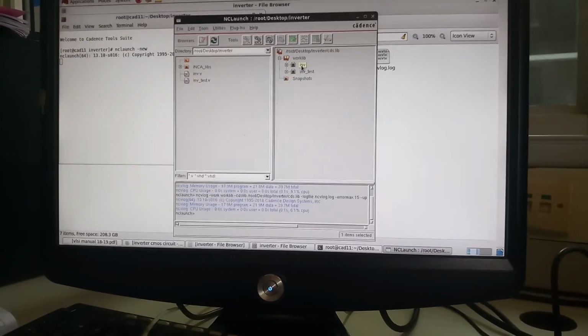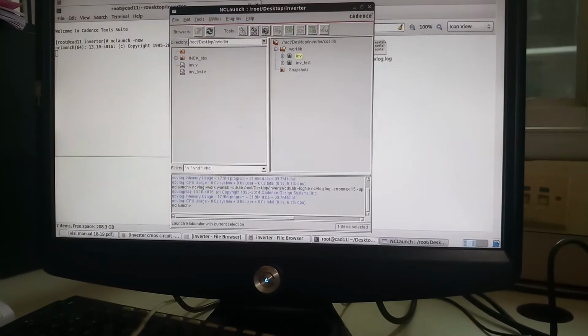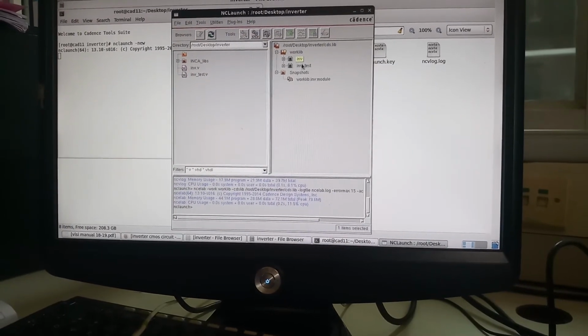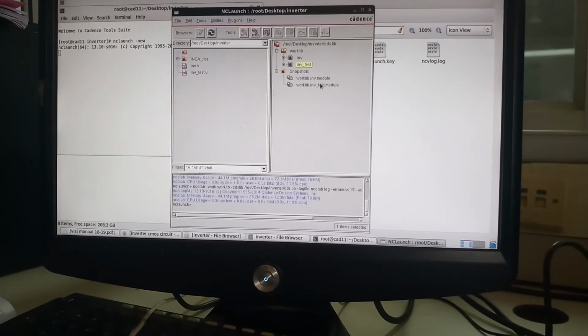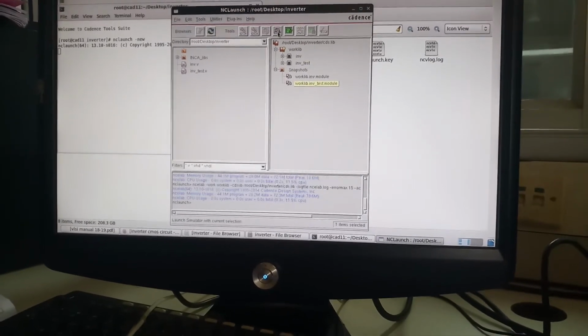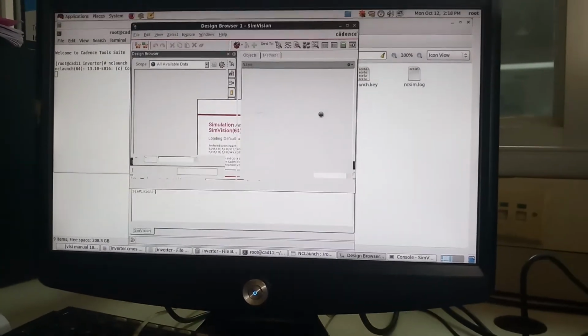Now select this. Now you have to elaborate. Now you can see snapshot, there is no snapshot, it will generate. So here don't click generate. Next select elaborate, so it has generated. Next select the test bench file and see the waveform window, because there only we have given the inputs.